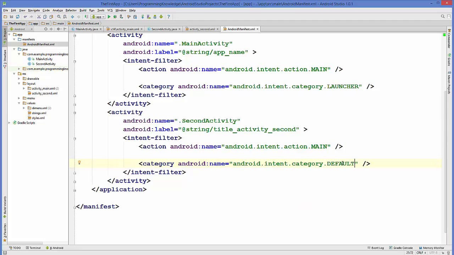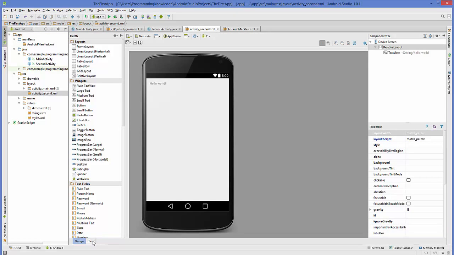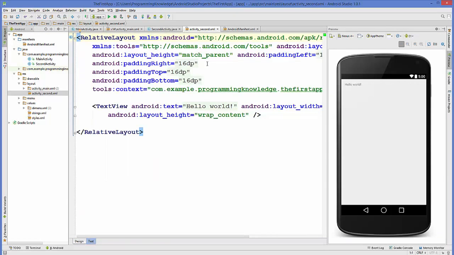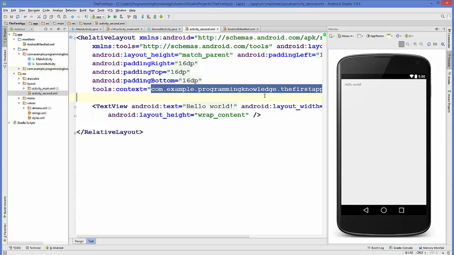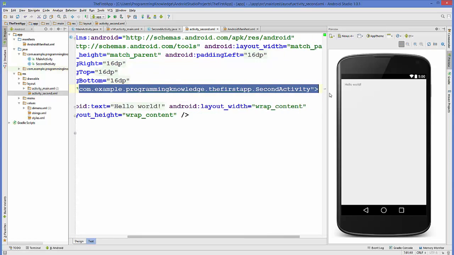Okay, and similarly this name should be the name of your package. So just go to your activity underscore second dot xml file inside your layout folder. So just go here and go to the text of this file. So this is my activity underscore second dot xml file, and in here you will be able to see tools colon context is equal to com dot example dot whatever your package name is, right? You just need to copy this path from here, which starts from com dot example or whatever your package name